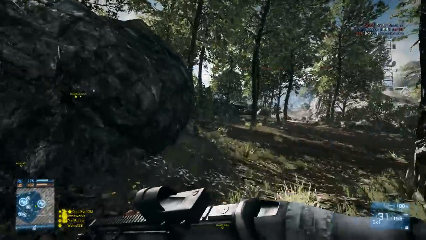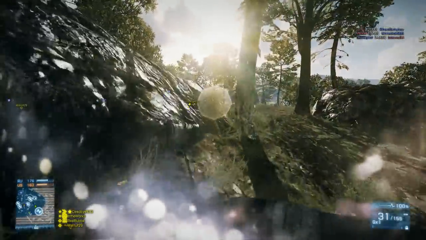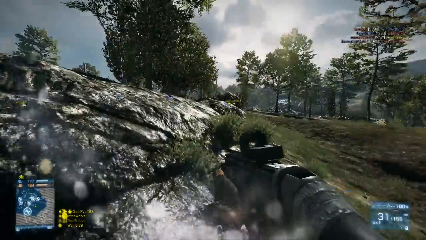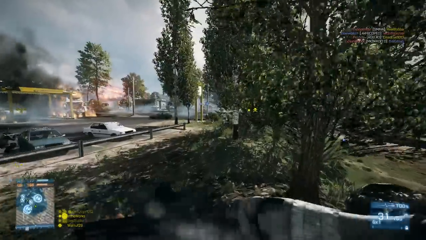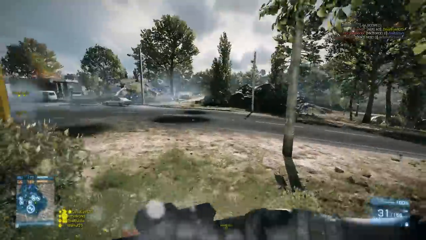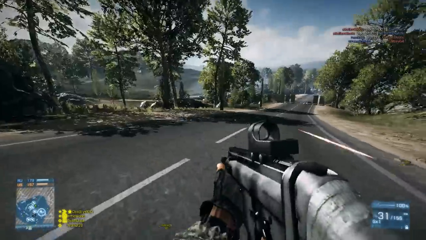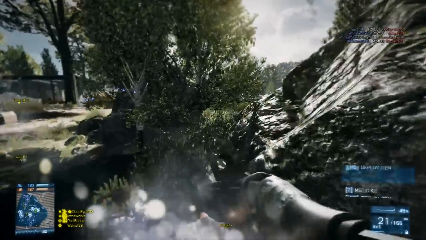And the cool thing about this weapon is DICE really made an effort to kind of balance out both the engineer class and the assault class, because the one thing the assault class had no shortage of is rifles that shot very, very quickly, such as the M16, the F2000, the AEK, the FAMAS even. And so it was nice to get some more of those low fire rate weapons, kind of like the L85 and the AK-74M, and they definitely did a good job of giving us some variety,